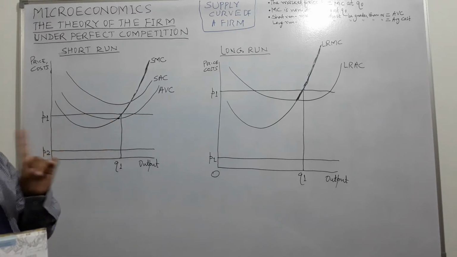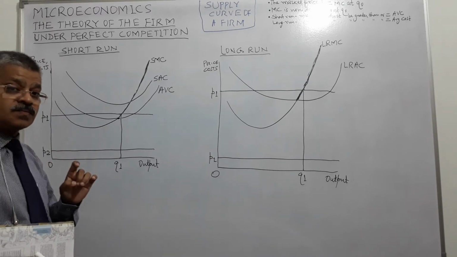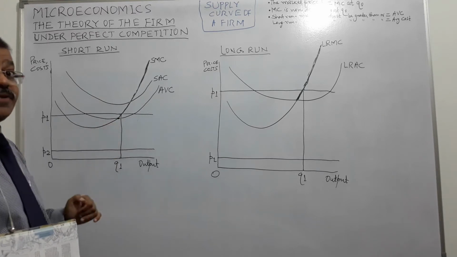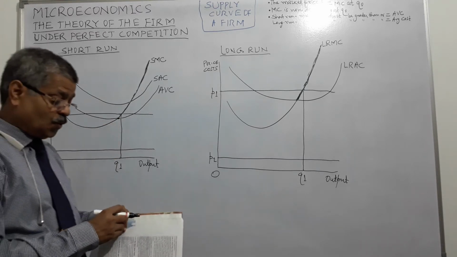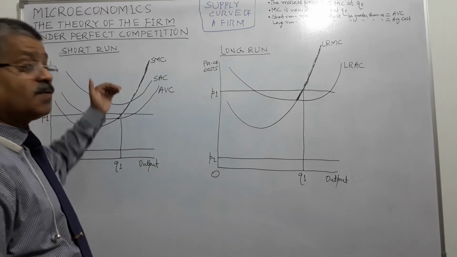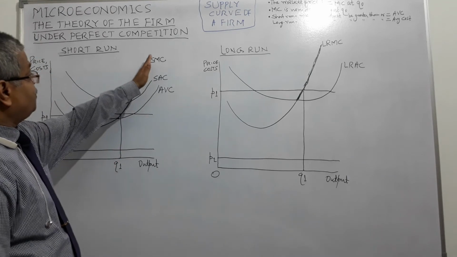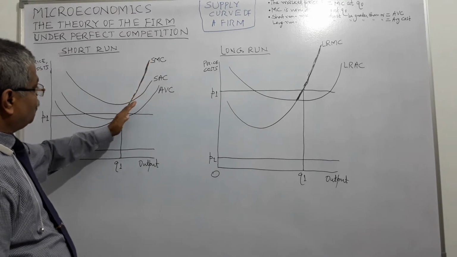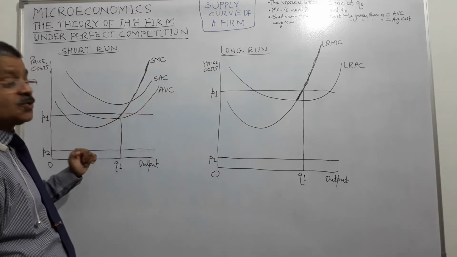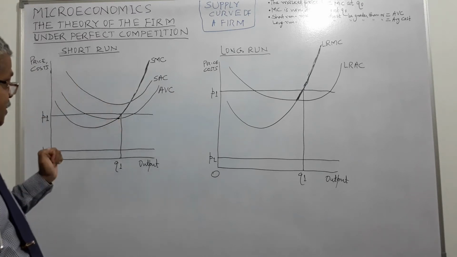Below this, the firm will not produce, right? Why will it not produce? We have already seen. Because the market price will go below the average variable cost. So, with production of each unit of output, the firm will incur losses, right? When we move down the supply curve, we come to the lowest point of average variable cost, and that is the shutdown point in the short run.